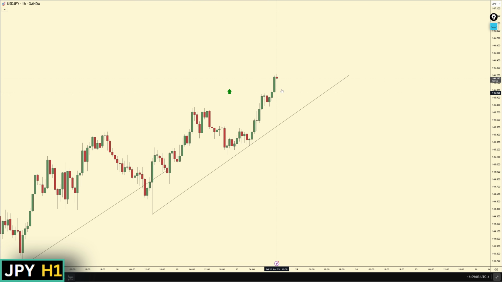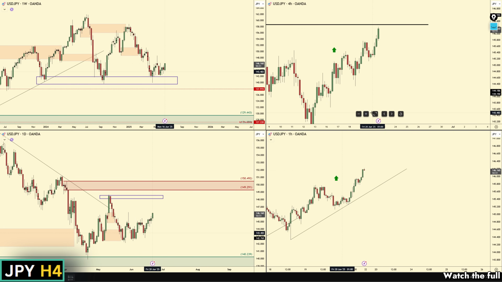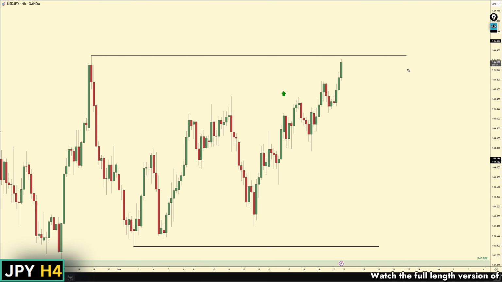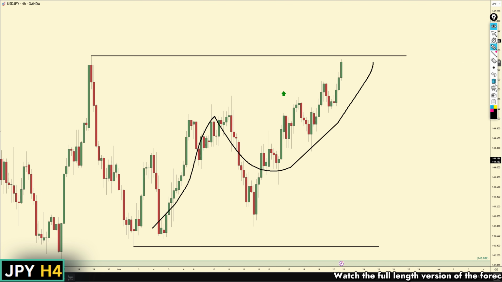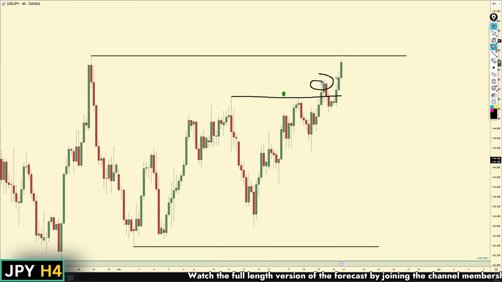So you could be looking for longs on this 1 hour chart, or on a 5-minute time frame, as long as the 1 hour chart continues to trend up. On the 4 hour chart, we have a significant trend to the upside. However, we are still in this overall range. If we highlight it here, we are still in this range. However, with higher highs being formed here, to me, it looks like we are going to break out of this